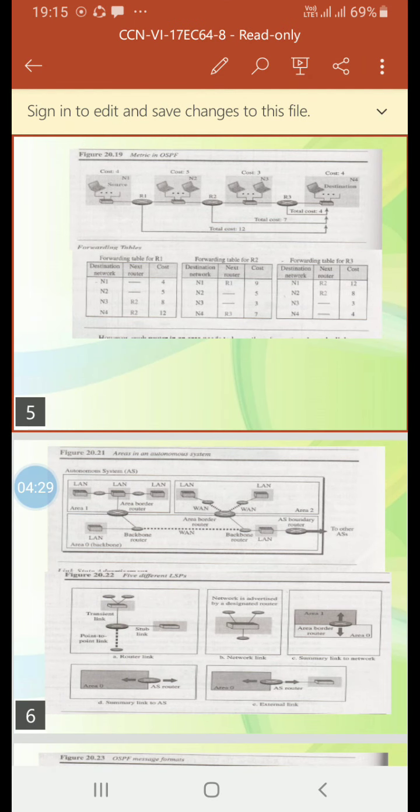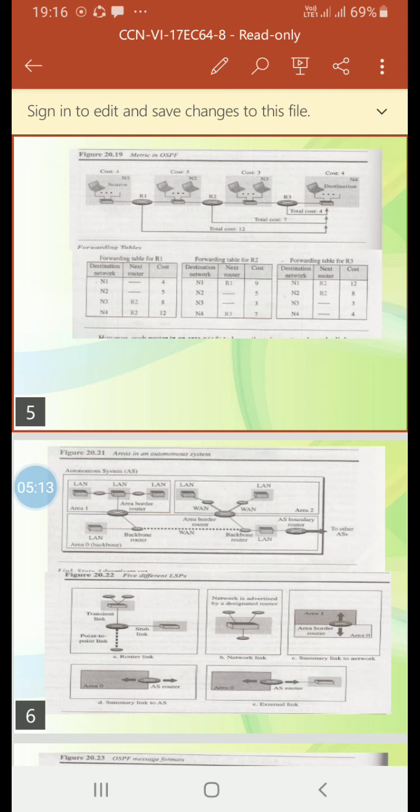OSPF was designed to be able to handle routing in a small or large autonomous system. The formation of shortest path trees in OSPF requires that all routers flood the whole AS with their LSPs to create the global LSDB. This may not create a problem in a small autonomous system, but it might create a huge volume of traffic in a large autonomous system. So the autonomous system needs to be divided into small sections called areas to prevent this huge volume of traffic.